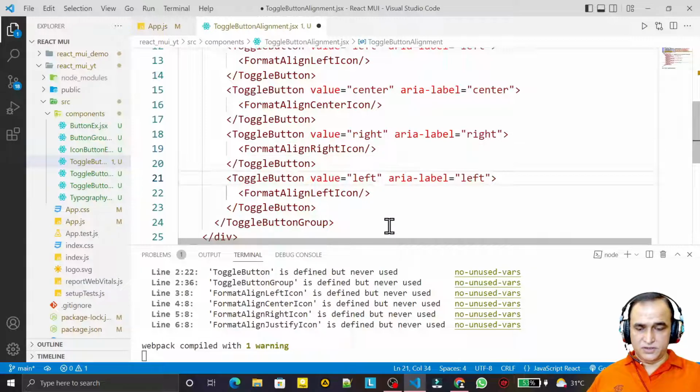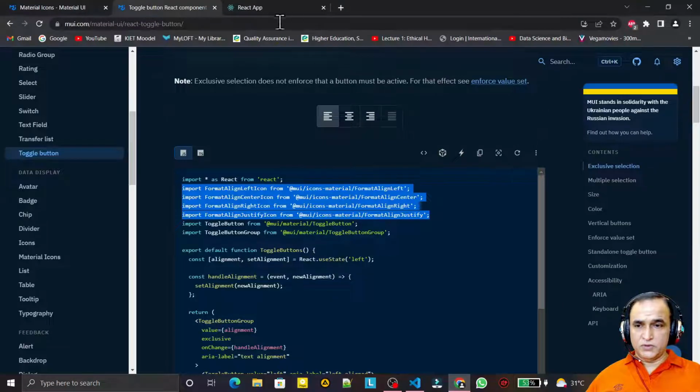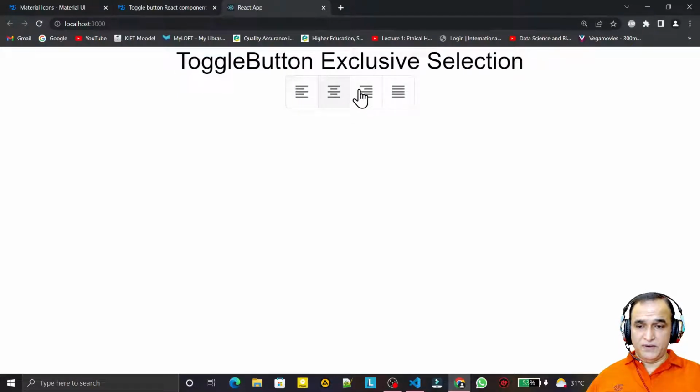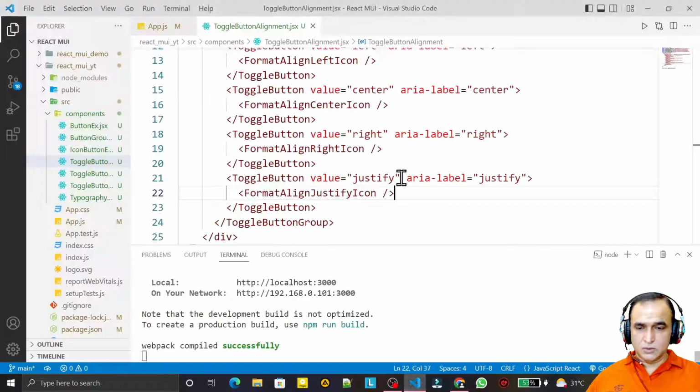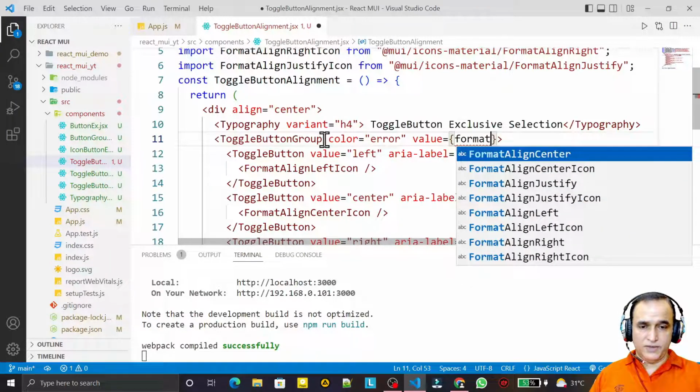Then we have justify, here also I say justify, and here I also say justify like that. Save this. Now you see the output here we have like this. We modify this also. So I say the color of this is error, like red color. And then I say value of this would be, I say format alignment,